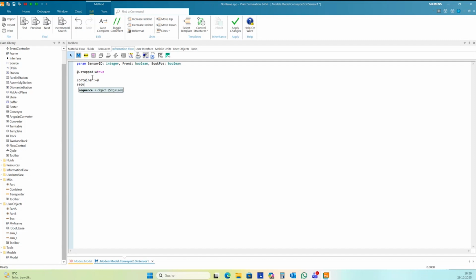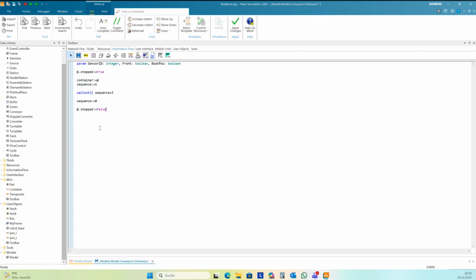And set the sequence variable to 1. And then I need to wait until sequence is 3. And then I reset the sequence to 0. And the box can start again.